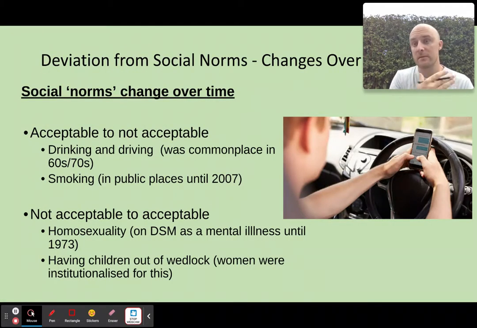And there's a couple of good examples that I would need you to be able to use here about things that have gone from acceptable to non-acceptable and not acceptable to acceptable. I'm not going to go through these because you can read them, but some in my lifetime, for example, veganism. Veganism was, I would say at the start, seen as an abnormality. In a way that we maybe see fruitism, which is just eating fallen fruit that has naturally fallen from the tree. I think we see that as quite an abnormal thing now, but in 10, 15 years' time, it may become acceptable. So homosexuality has obviously gone from not acceptable to acceptable, having children out of wedlock, and so forth.